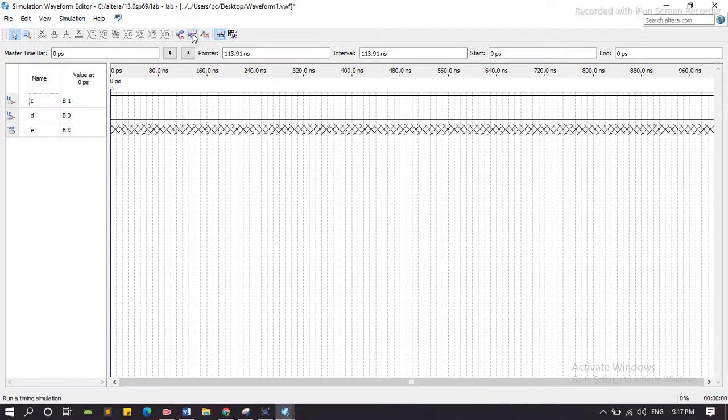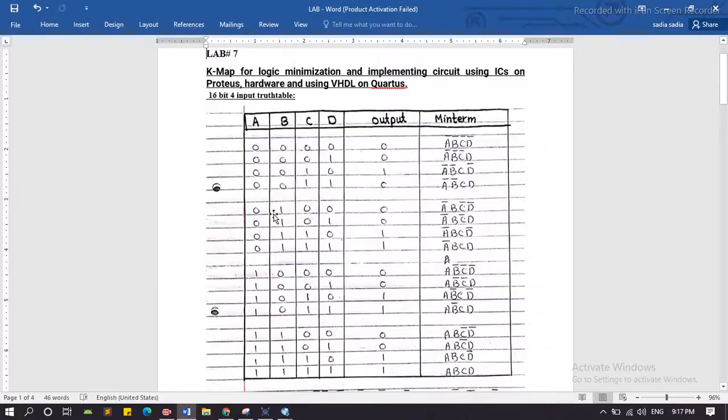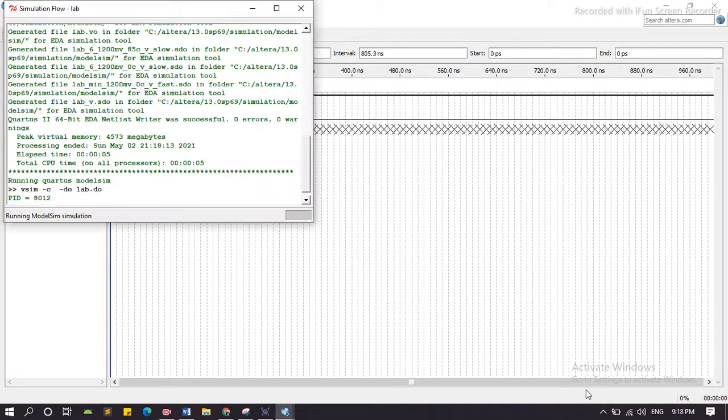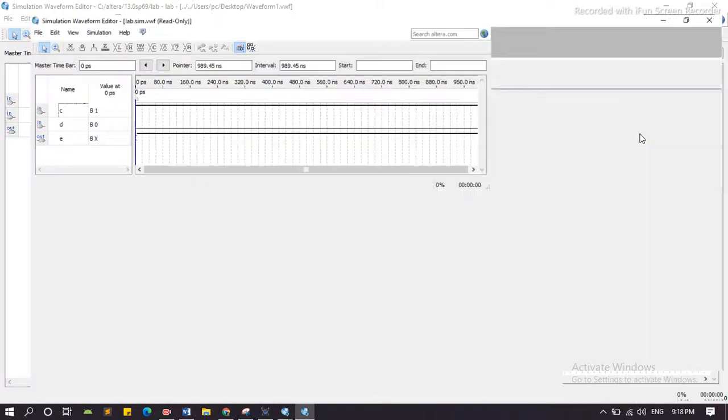Now we simulate the behavior. Here is the output.